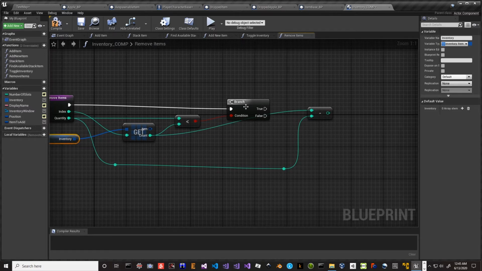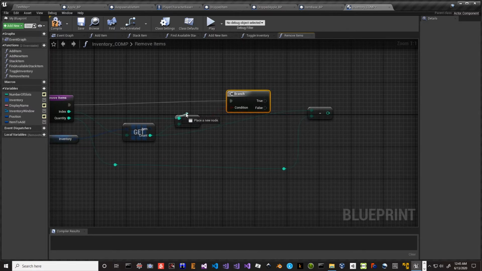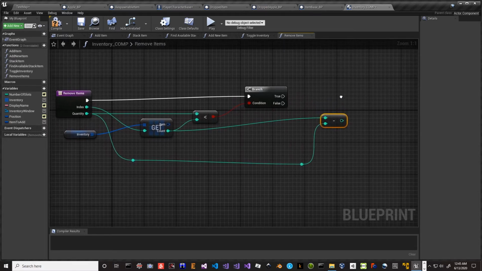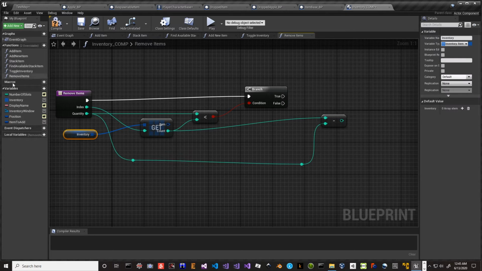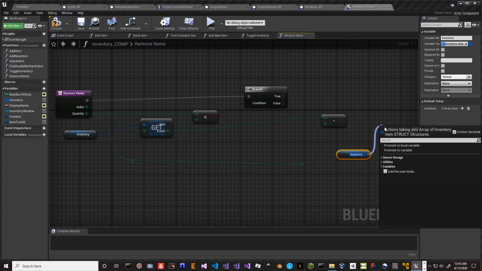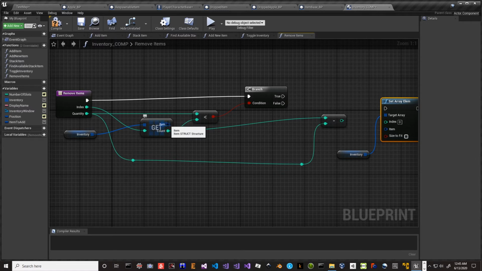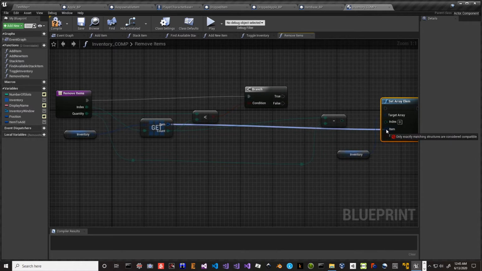All right. So far, so good. We want to subtract the quantity, and then we want to take this inventory again. We'll get the inventory over here. It'll be a little bit easier. And we want to set array element. We still want this item, but